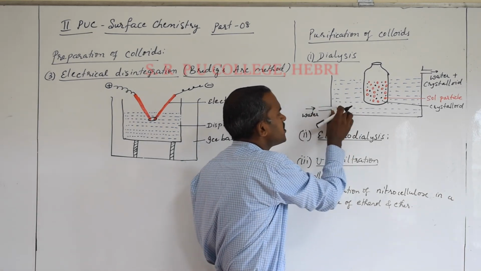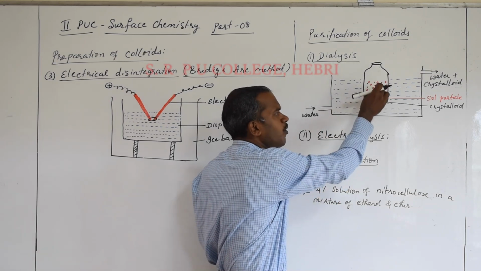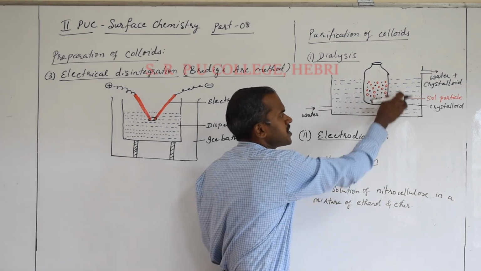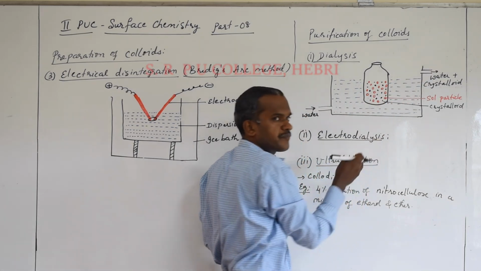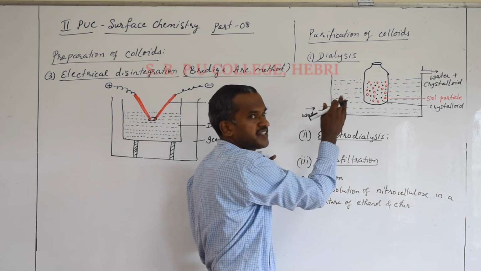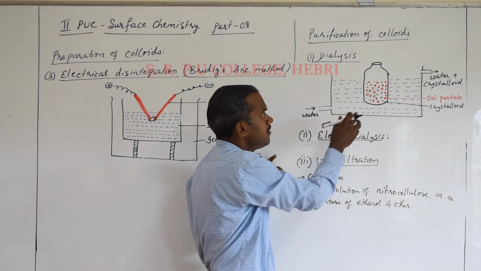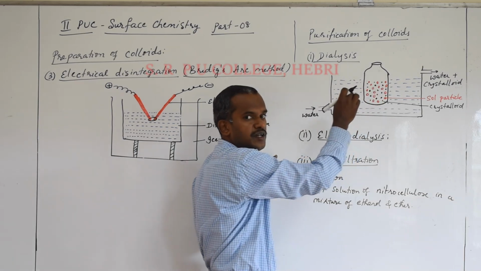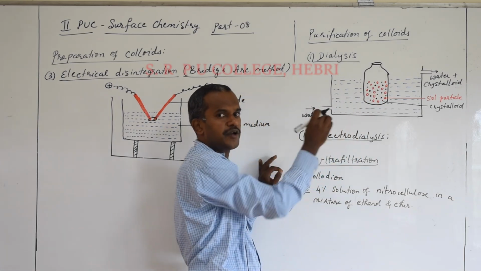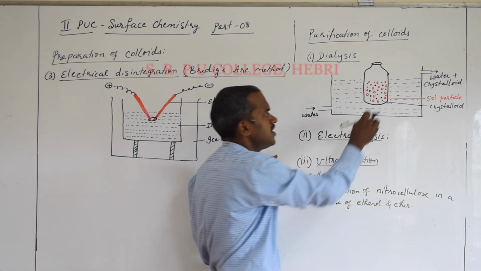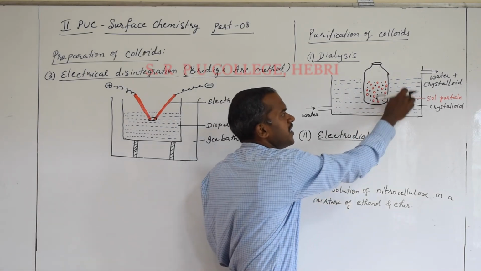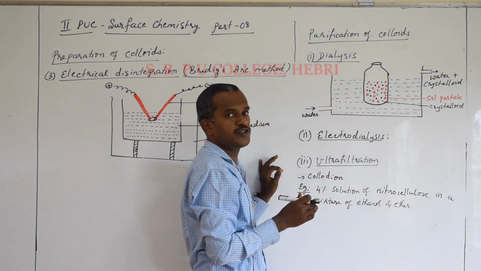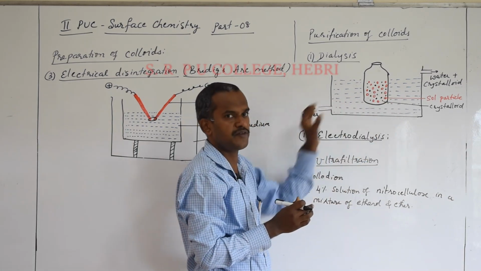Okay, now when you pass the water here, what happens? Those small sized particles will diffuse out of the container and come to the stream of water, and can be easily removed. Okay, so dialysis is a simple technique. I'll come back to the definition later, but try to understand what happens here. The very small sized particles, or crystalloid sized particles, or true solution sized particles, diffuse out of the container and are washed away with water. Okay, within the container now the colloidal particles or only the salt particles will be left.